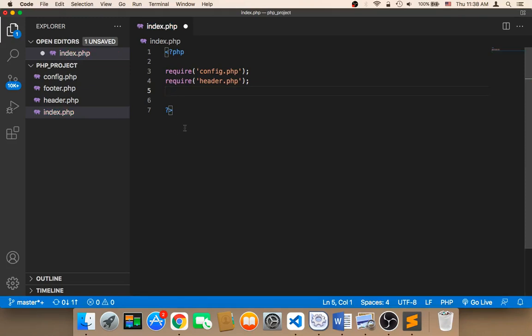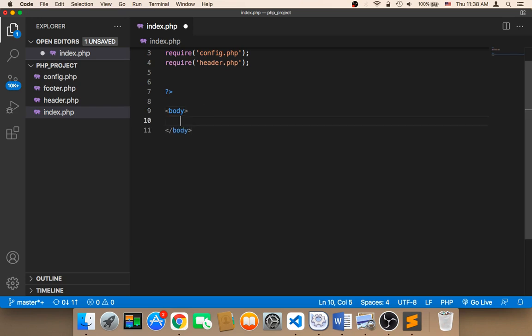Welcome back. Now what we need to do is create the user interface of the index.php. I'm going to start by creating a body. I'm going to say body, and then inside that body we need a div. Inside that div we need to give it a class. I'm going to say class, and I'm going to use a Bootstrap class called container,